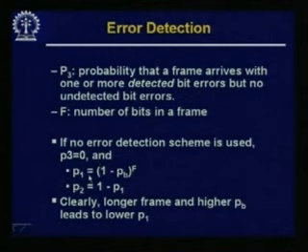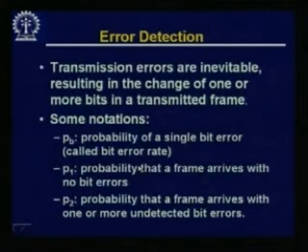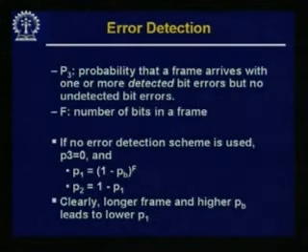So P1 will be equal to (1 minus Pb) to the power f. If you remember, Pb is the bit error rate, the probability of a single bit error. So for one particular bit, the probability of error is Pb, so the probability that there is no error for that particular bit is 1 minus Pb, and we are assuming that these errors are